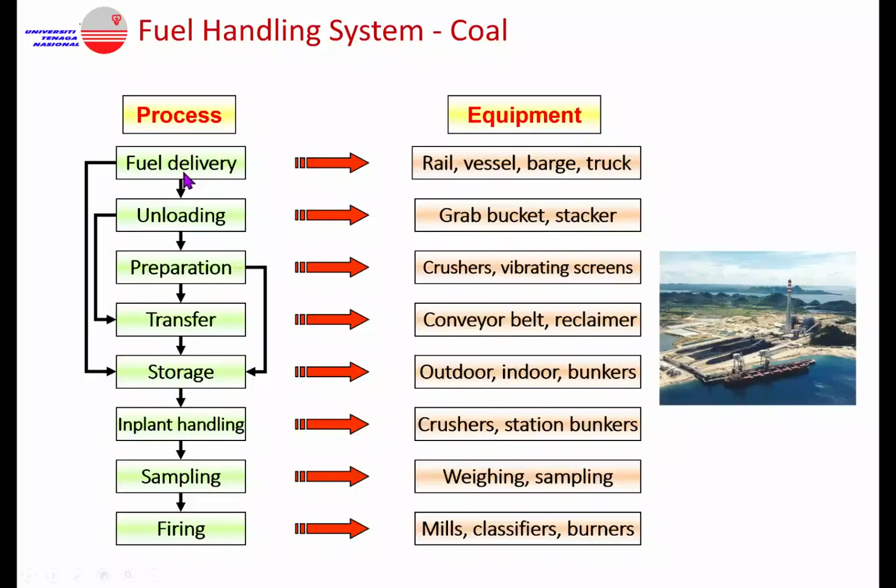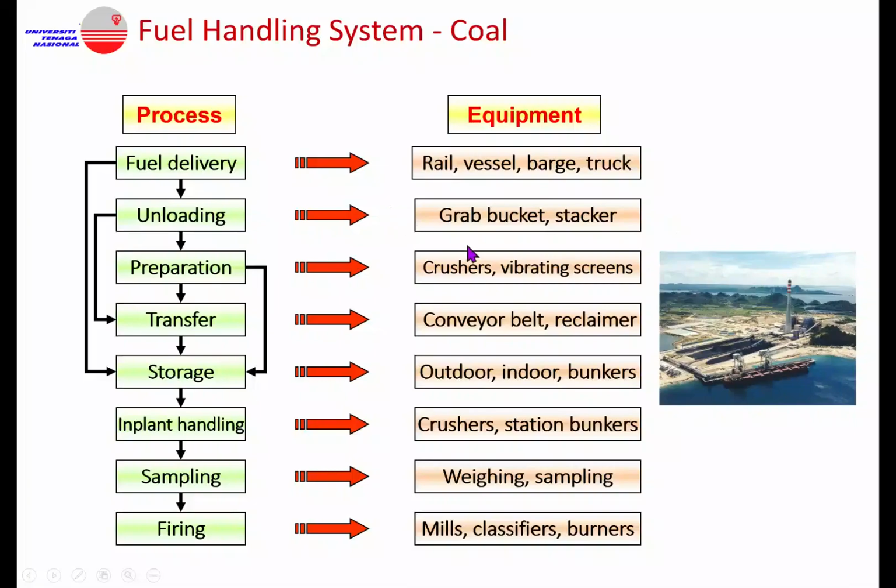Fuel is delivered into the power plant, let's say in our mission scenario, through the ship, the dock and the dockyard, and then they do unloading. From the ship you have to unload a huge amount of coal, maybe onto the conveyor that will receive the coal from the ship. For the unloading process, there are many equipment options available.